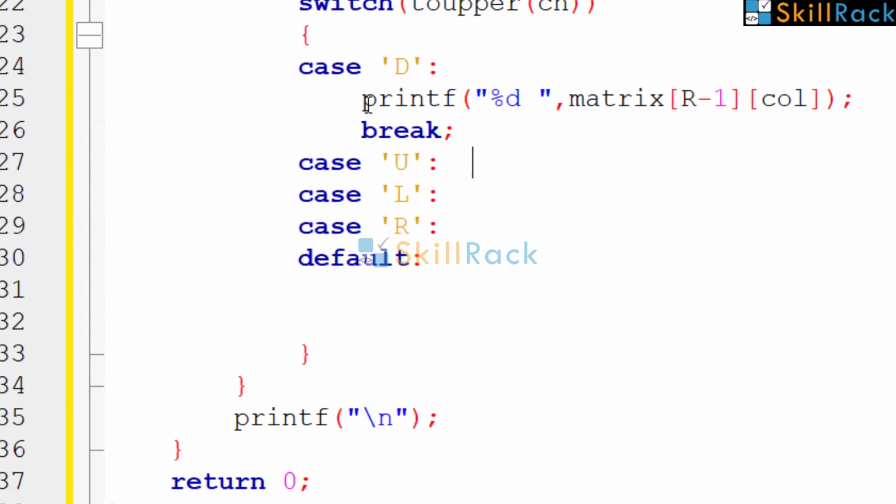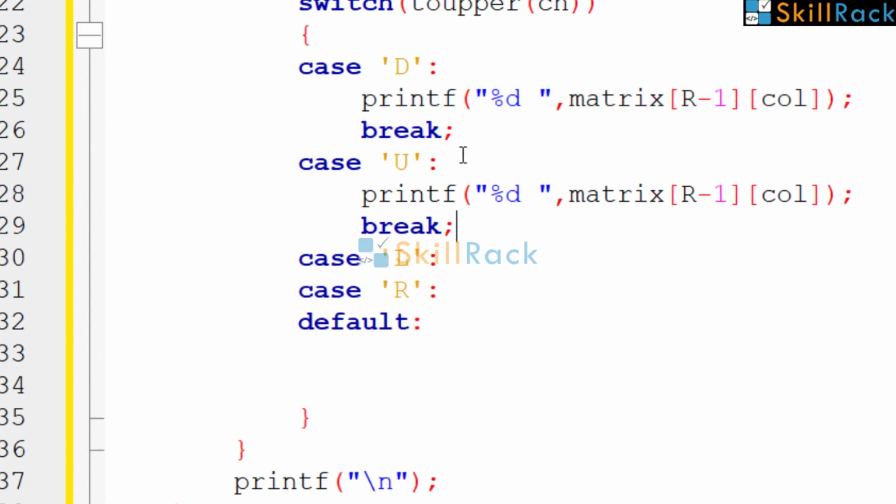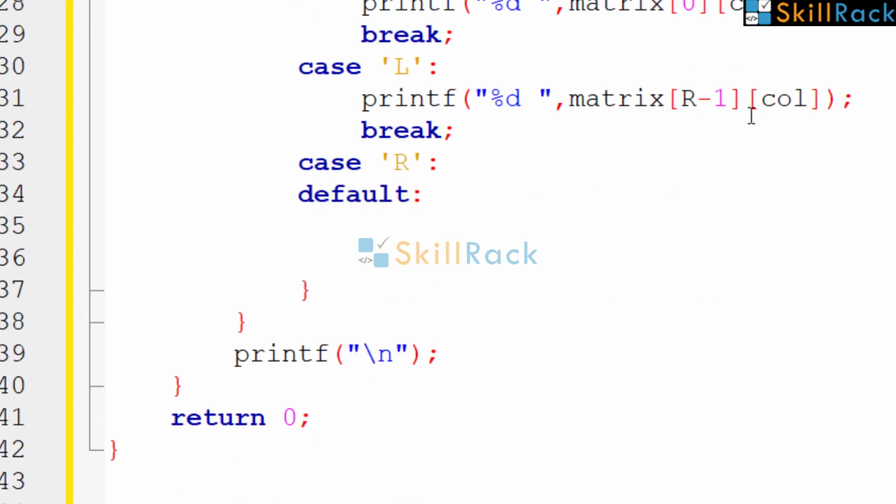So we have written down the D case. So in the other cases also we should have a printf and break. But the only thing is when it is U, we have to print the topmost row. So it will be 0th row always. Okay. So for left, it must always print the left column. Okay. So it will be 0 and here it will be that corresponding row.